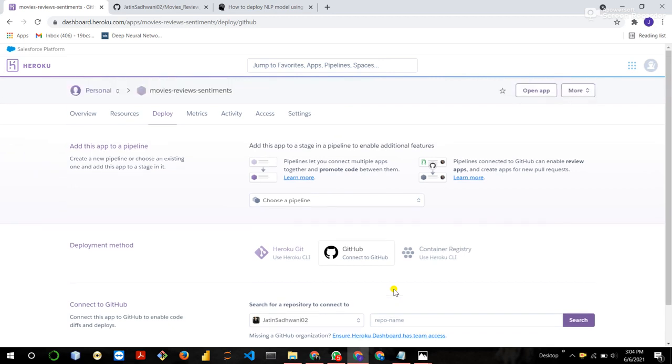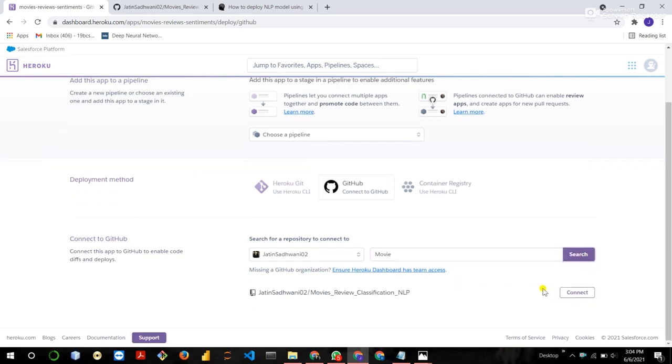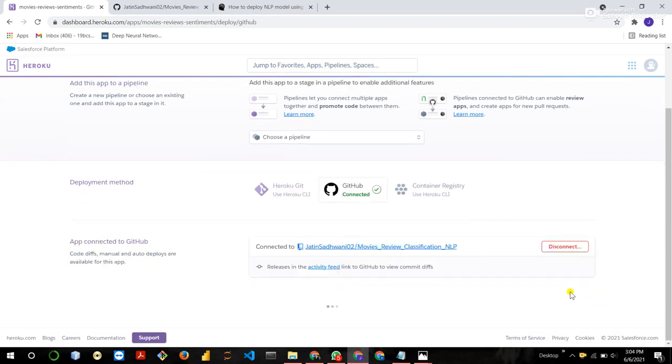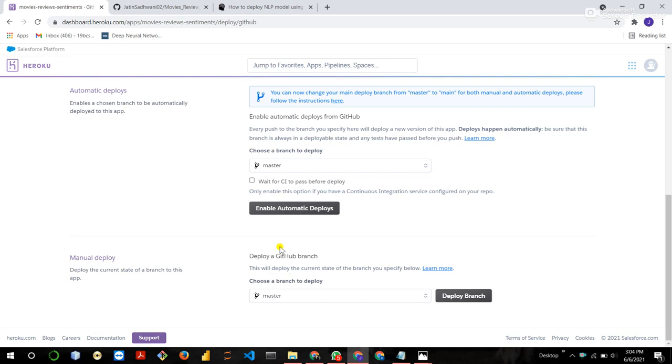My GitHub is connected to Heroku, so just write the name of the repository which is pushed into GitHub, like movies review classification. This is a repository in my GitHub. So I connect this repository with Heroku. Like this, it is connected. Just scroll down and simply click on deploy branch.